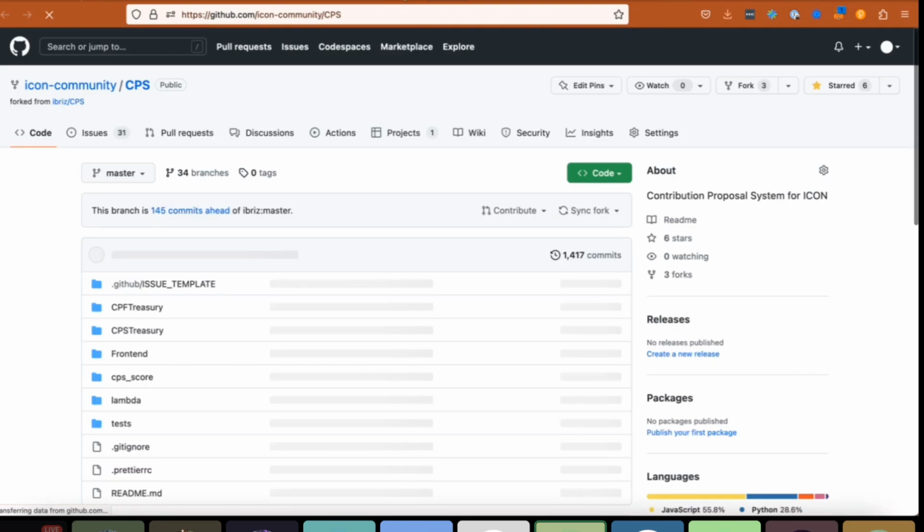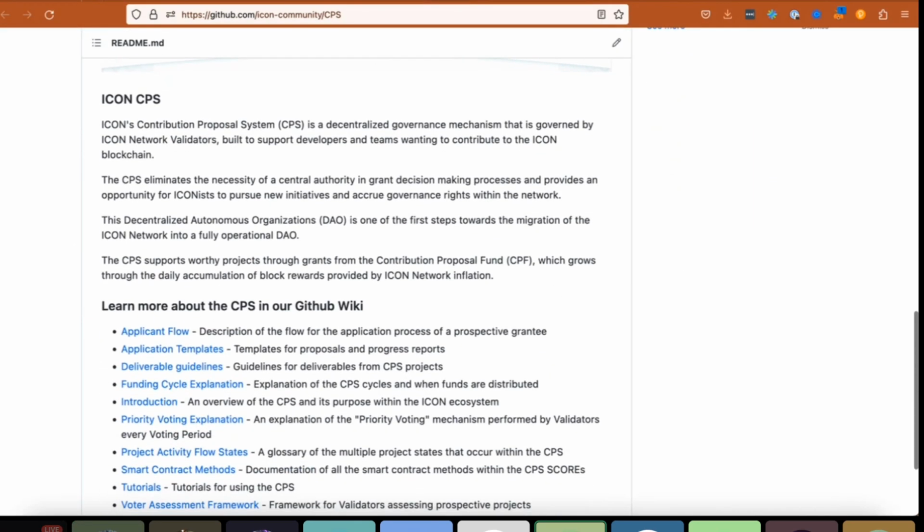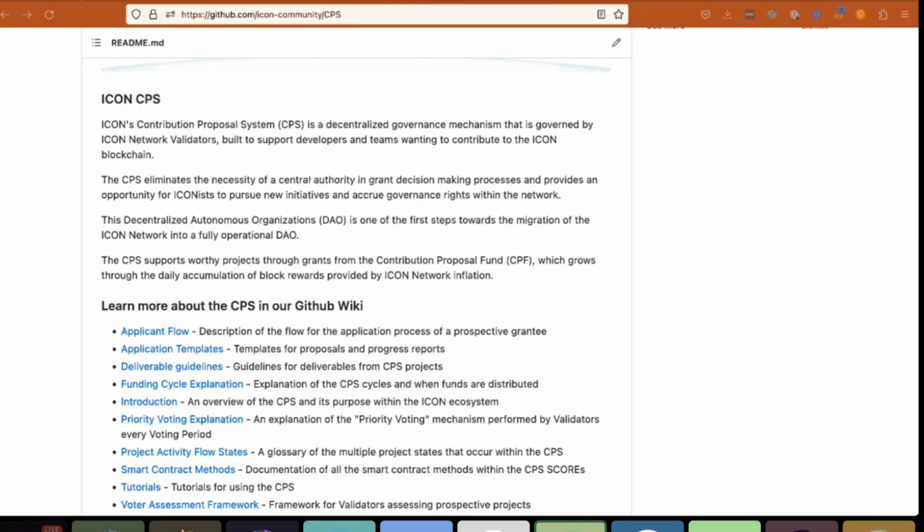And for me, a specific goal could be, for example, that the goal of CPS is to generate more transactions on the Icon blockchain.